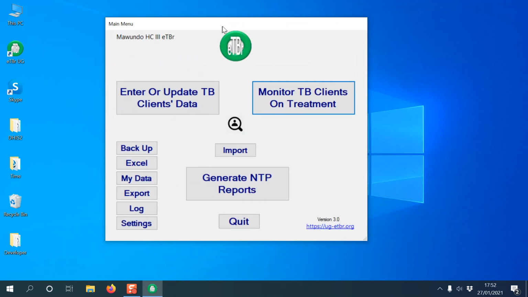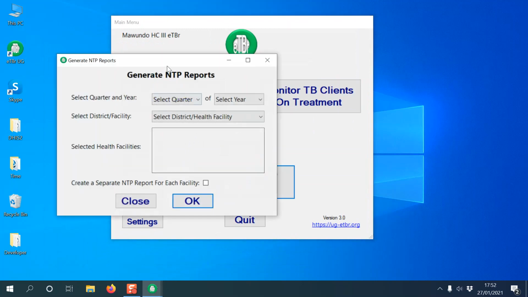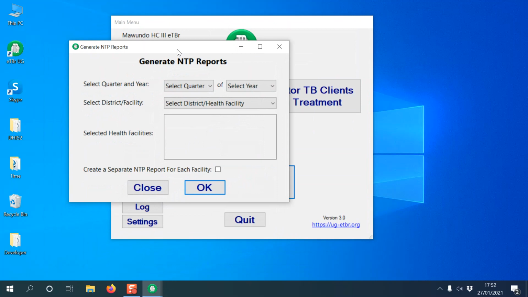From here, you click generate NTP reports and then select the quarter you are interested in. For example, we want to generate a report for quarter 4 of 2020, and we want to select